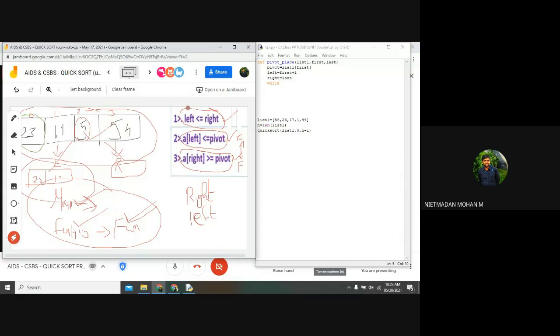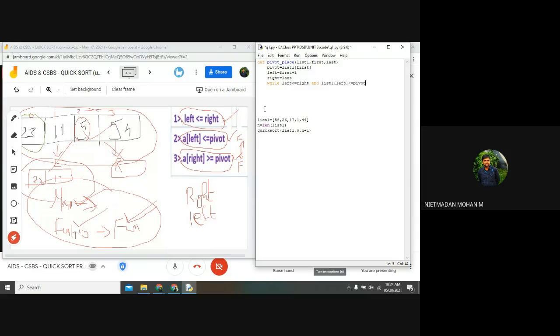If these two conditions are successful, then the left will be moved one step forward. And again, when you come to this condition, you want to check this condition again. So I am going with two while statements. The first while statement will be the representation of these two statements, and the second while statement will be the representation of these two statements. I will write the code, then you can easily identify that. So left is less than or equal to right, and list one of left is less than or equal to pivot value.